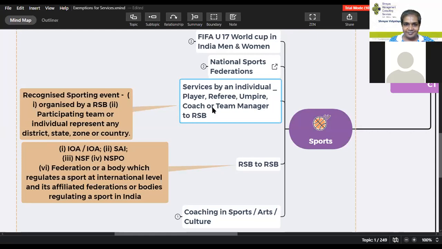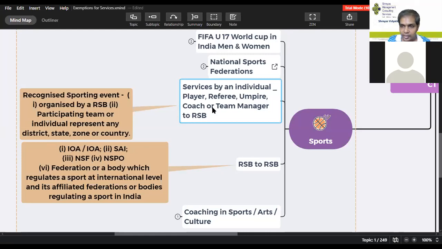Exempt. We had this question when service tax was introduced, and it continues now in GST also. So one answer we have got, it is exempt. Any other answers for the Indian team's physio? Not just the Indian team, any team physio for that matter. I have a friend who happens to be the physio for the Indian hockey team. She was asking me whether the consultancy fees she gets from the hockey federation would be taxable